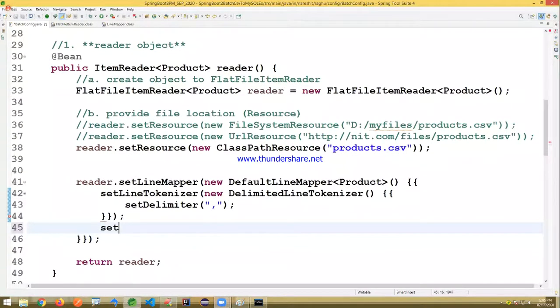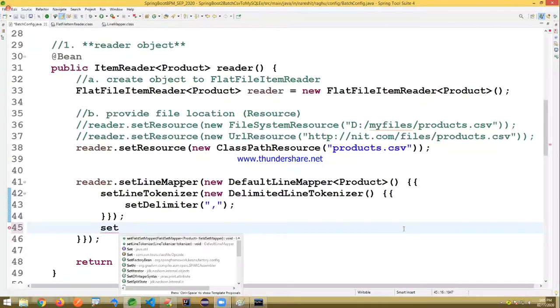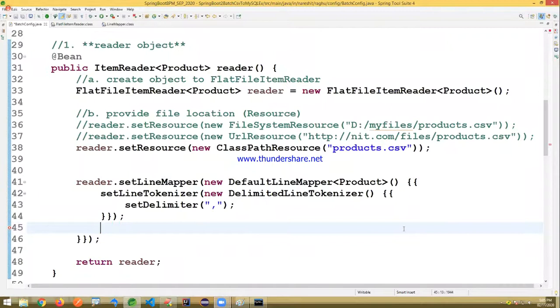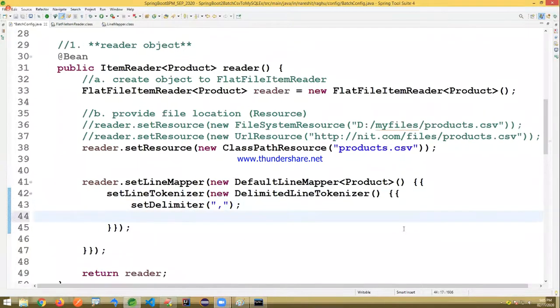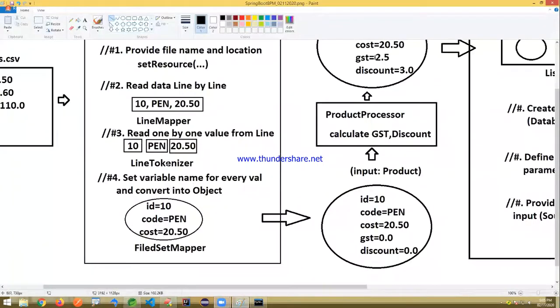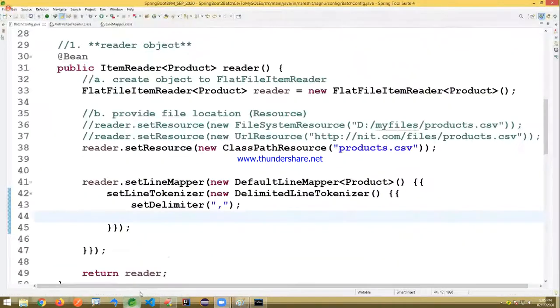Set line tokenizer. Then set field set mapper, and not only the delimiter, we have to set the names. After dividing them into individual variables, we have to provide variable names, ID, code, and so on. There I'm writing set names.